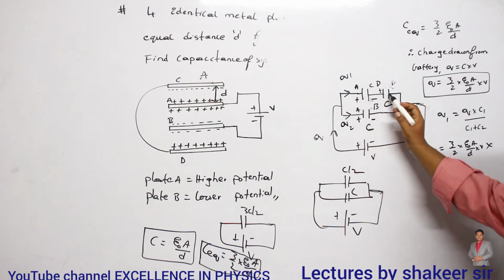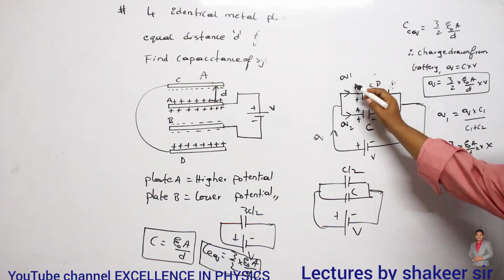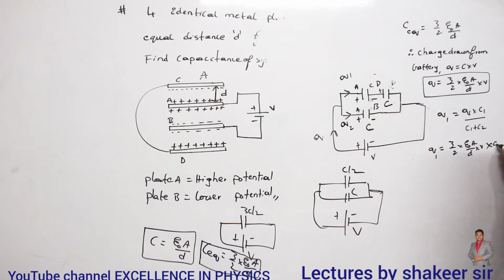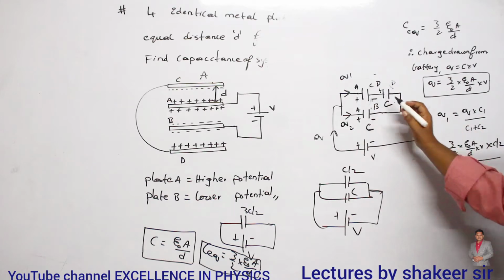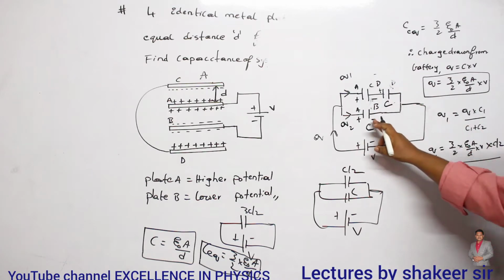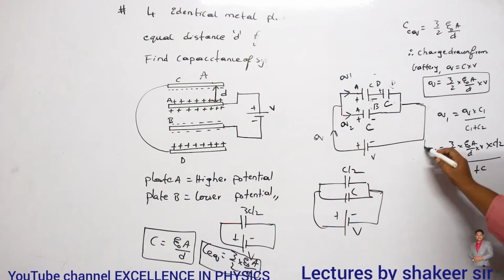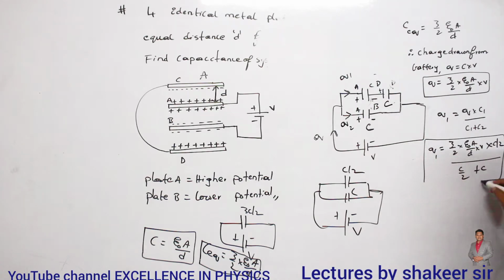So C and C, they are connected in series connection, no, ma? So what is the total capacitance of this combination? It is C by 2. So C by 2 divided by C1 plus C2. So this is C by 2 and C2 means the capacitance of second branch, which is equal to C. So just to simplify this one, this will be the charge flowing in first branch.